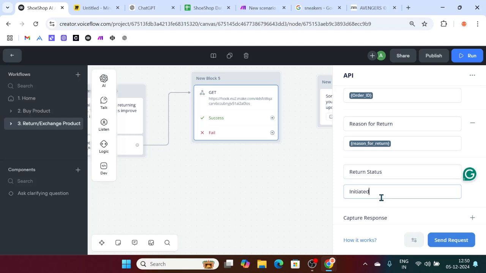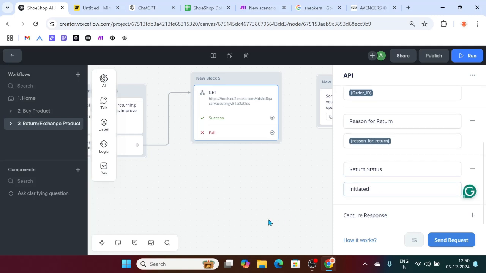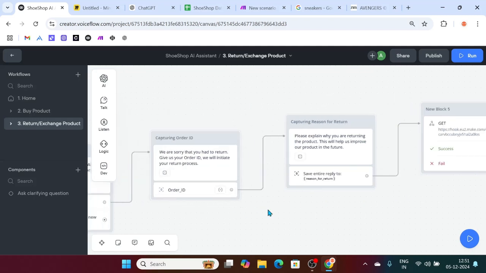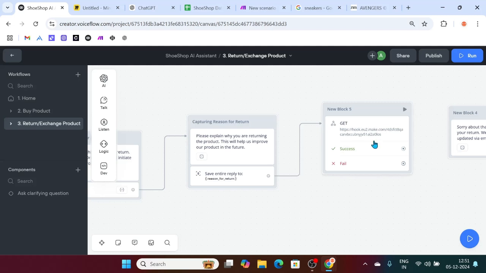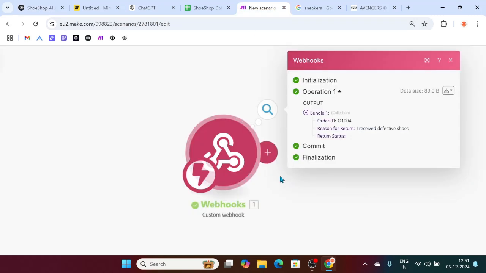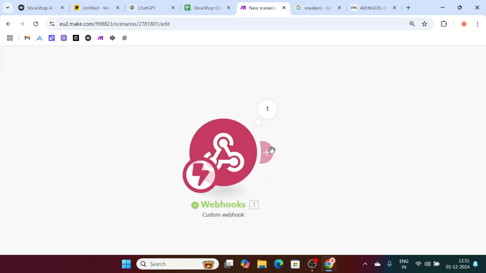Return status initiated. Wait, let me tell you how it works now. We captured the order ID, we captured the reason, we created a webhook. Now after this, you need to click this plus, close this window, click plus,